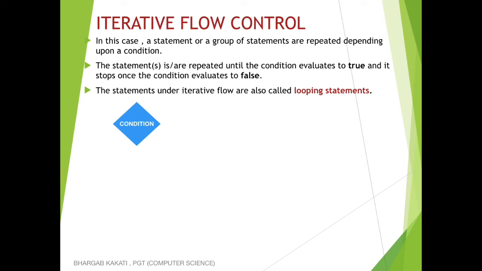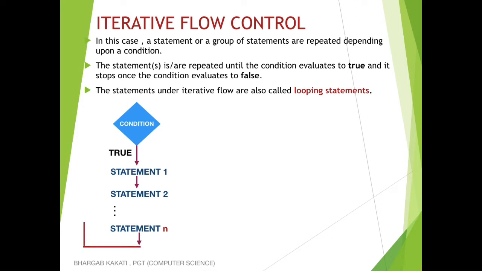So let's try to understand it with the help of a flowchart. In the case of iterative flow control, we will basically have a condition. The condition may be true, or it may be false. If the condition is true, then a set of statements within that block are executed. After the statements within the block are executed, the condition is checked again to see